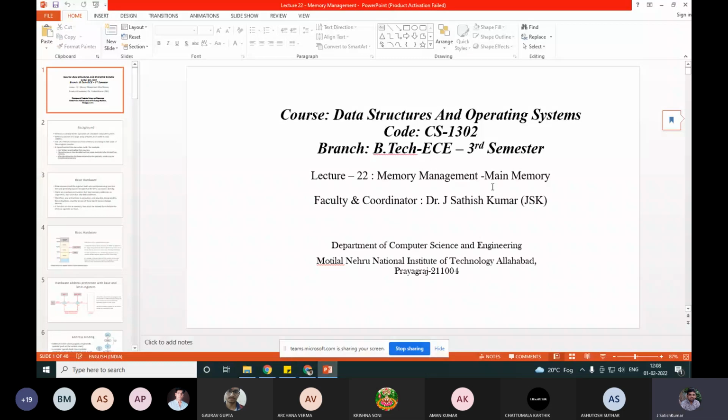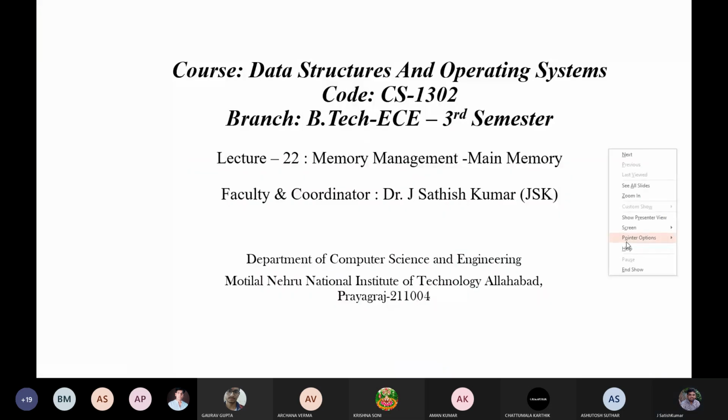Okay. Now, today's class, we will discuss the memory management unit. Memory management is one of the important things that is handled by the operating system that we need to look into. In memory management, there are two things: one is main memory, and the other is virtual memory. This week we'll discuss main memory issues, and next week,